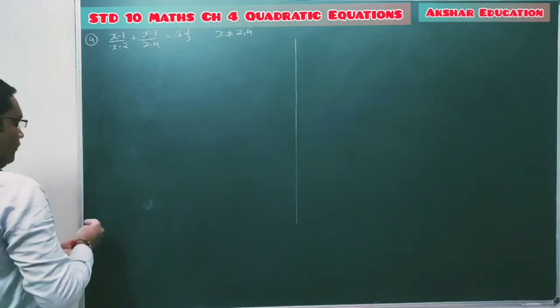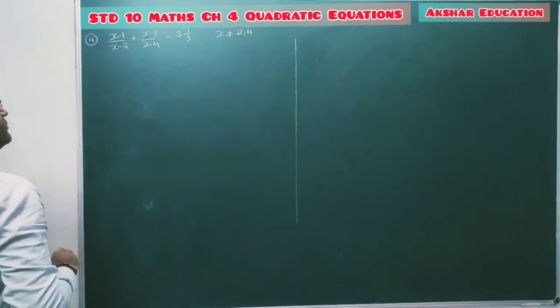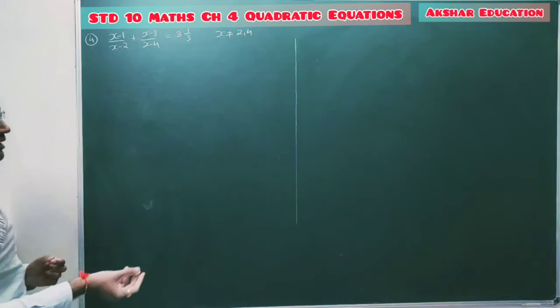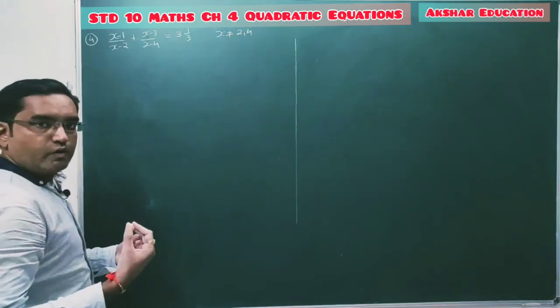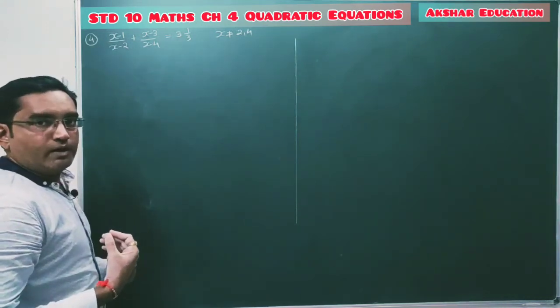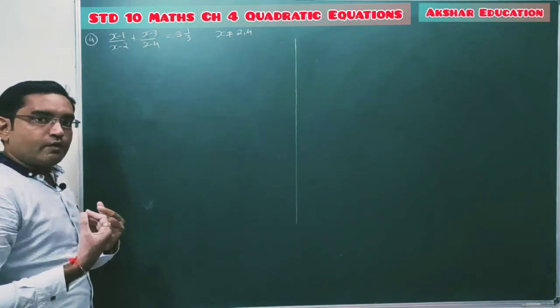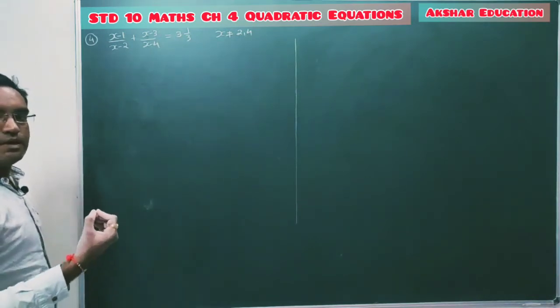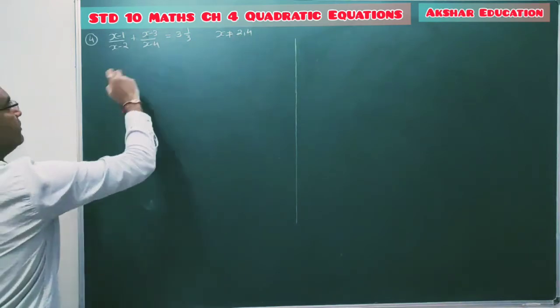Okay, now question number 4. You have to solve this equation. Again, the given equation is a quadratic equation but it is not in the standard form, and we have to solve this equation by using the quadratic formula. So for that we must require our given equation in standard form, which is ax square plus bx plus c equal to 0 form. So first you have to simplify this.